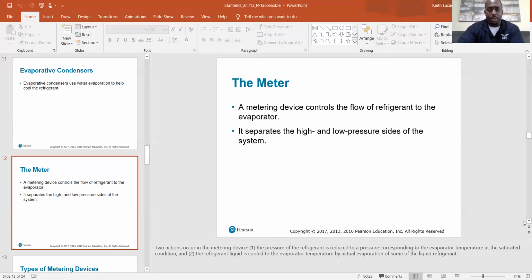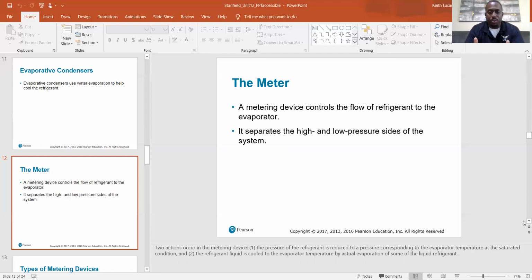So anyway, the metering device. A metering device controls the flow of refrigerant to the evaporator. It separates the high and low pressure sides of the system. Two actions occur in the metering device. One, the pressure of the refrigerant is reduced to a pressure corresponding to the evaporator temperature at a saturated condition. And two, the refrigerant liquid is cooled to the evaporator temperature by actual evaporation of some of the refrigerant liquid. All right,